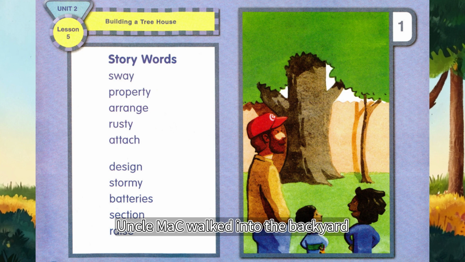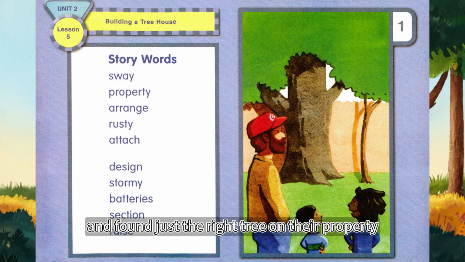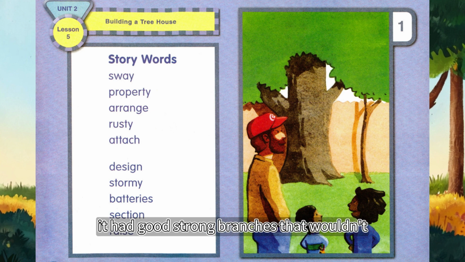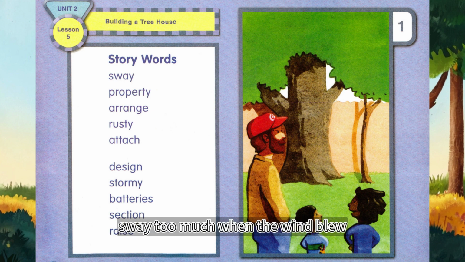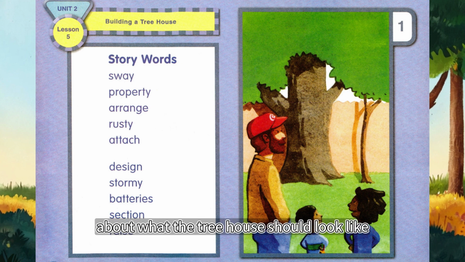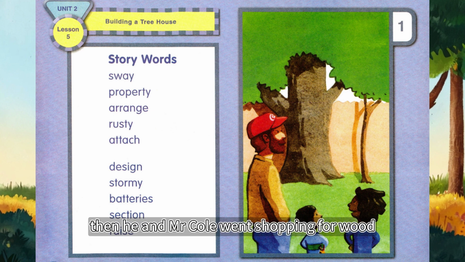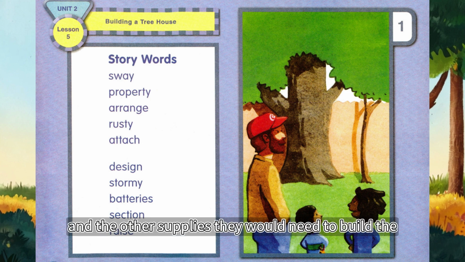Uncle Mac walked into the backyard and found just the right tree on their property. It was a big maple tree. It had good, strong branches that wouldn't sway too much when the wind blew. Next, Uncle Mac thought carefully about what the tree house should look like. He drew up a design. Then he and Mr. Cole went shopping for wood and the other supplies they would need to build the tree